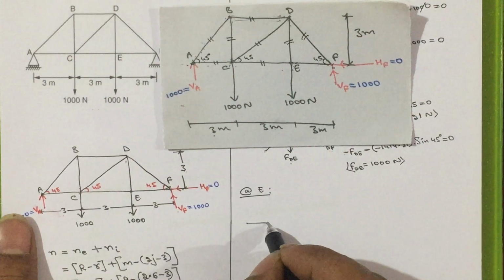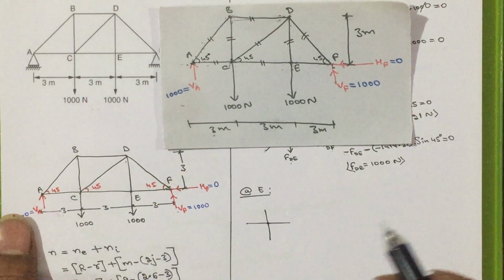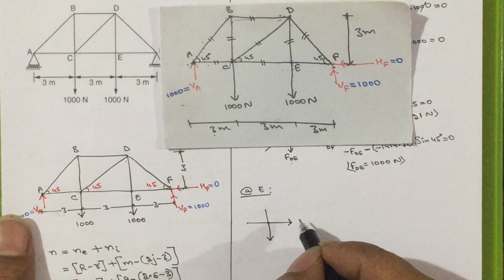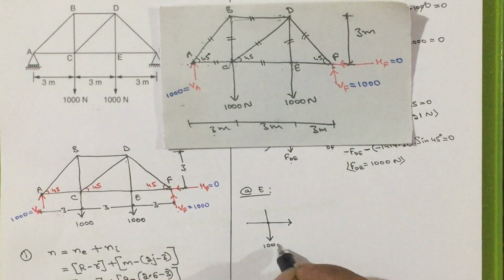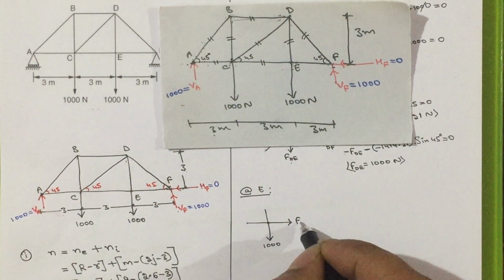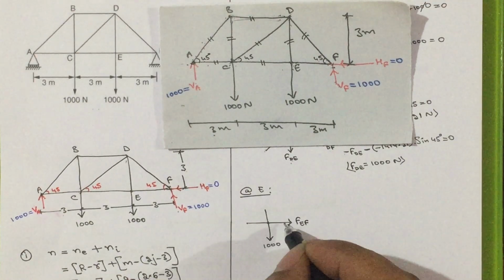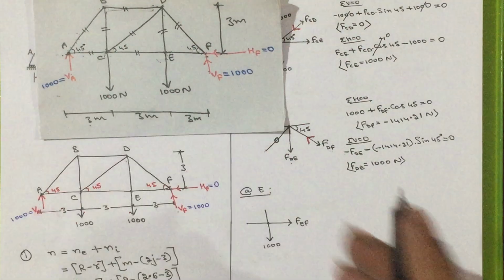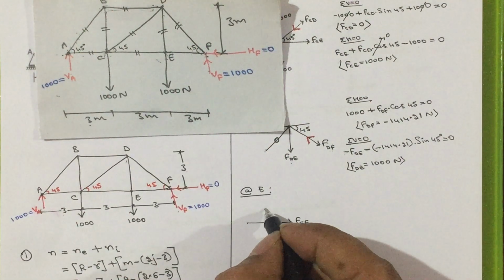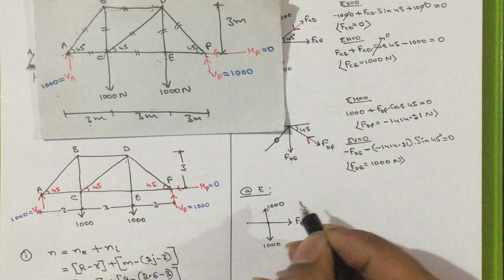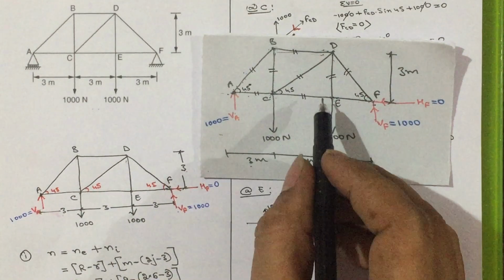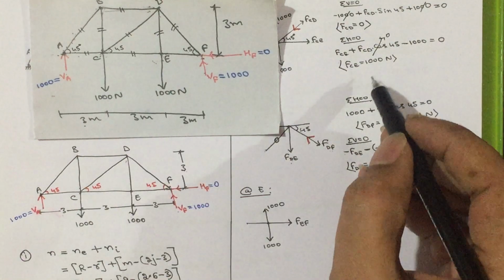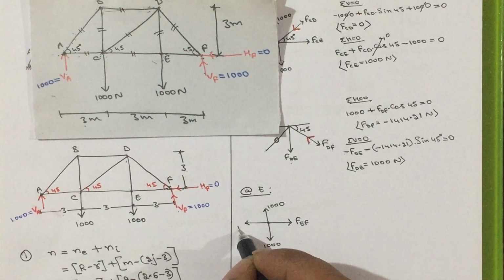First point, then lines, okay, then direction. This one we don't know, we assume that it is in tension. I will write the values also. 1000, we don't know this value, so it is FEF, assuming the tension. And here ED and EC we have calculated, that is DE we got it as plus 1000, so it is in tension, 1000. Then what we need, EC or CE. CE we got the value as plus 1000, that is nothing but it is in tension.